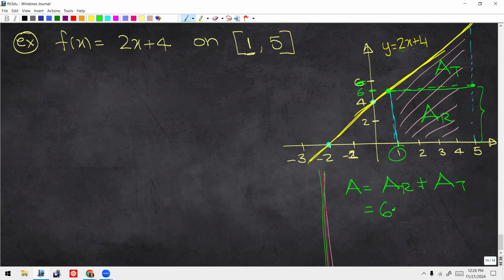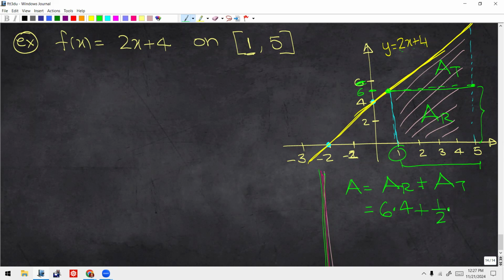What is my width? What is the width of the rectangle? No. The width would be this, correct? So it's 5 minus 1, which would be 4. Is that okay? All right. Plus 1/2